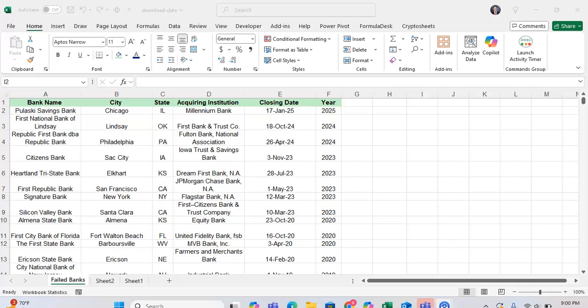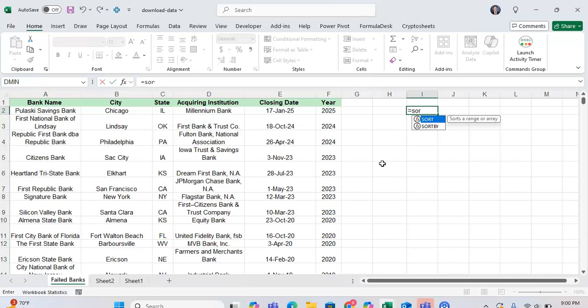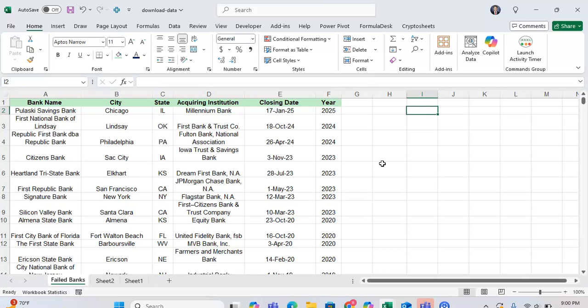In this tutorial, I want to show you how you can use the sort function in Microsoft Excel, which is a great function that you can use to dynamically sort your data when working in Excel. So the sort function, kind of as the name implies, just sorts your data. But it's great versus the normal sort feature because it doesn't mess with your original data and it's easy to use. So to use the sort function, just equals sort,